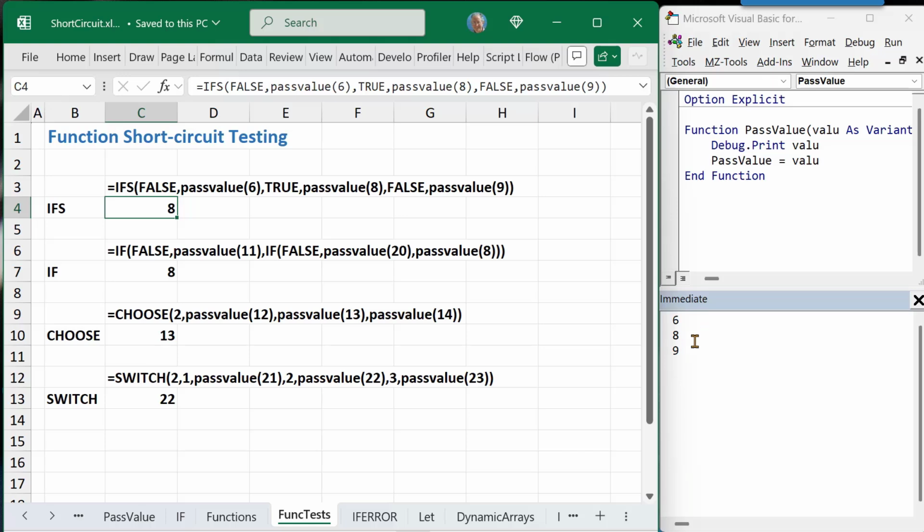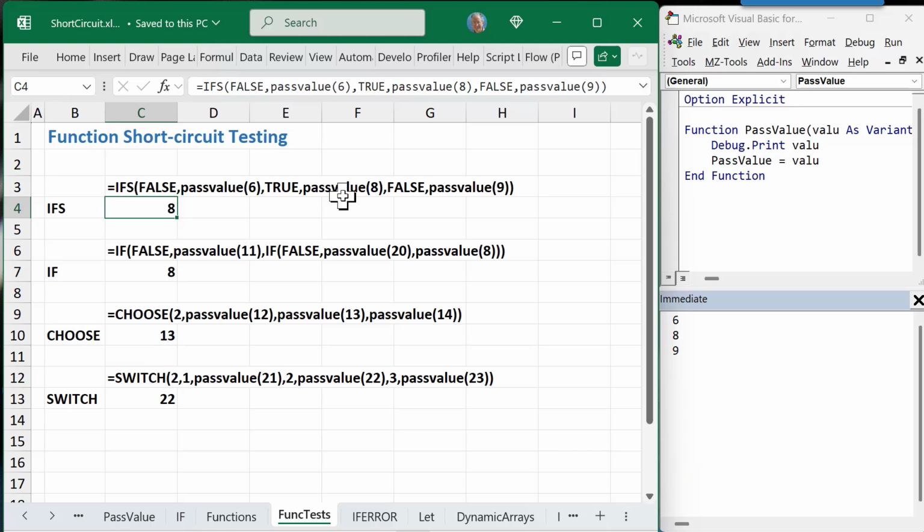We get 6, 8, and 9 in the immediate window. So no, it doesn't short circuit at all. Look, it's executed that part of the IFS function, that part, and that part, and that part, even though it only actually needed to execute the second part. So sadly, IFS does not